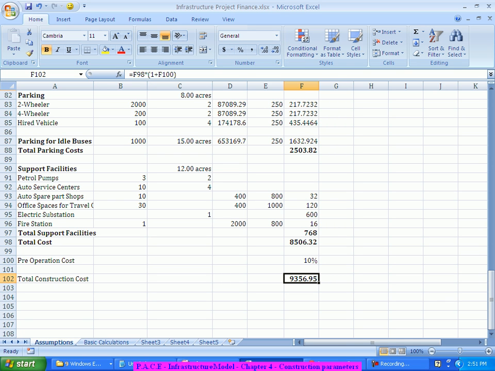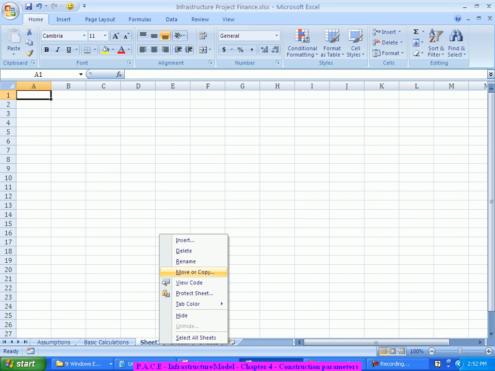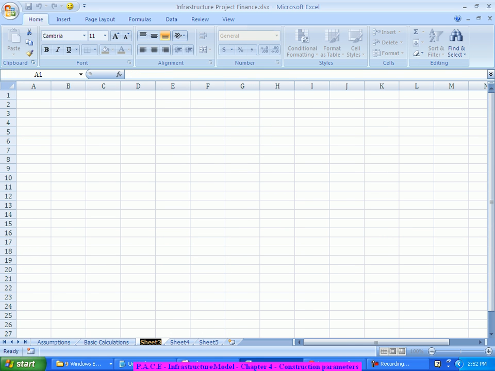So apart from the construction, if I have to finally arrive at my total project cost, I'll have to incorporate various other costs also into it. So that is where I'll create one more new sheet, which I'll call a financing sheet, more relating to the financing, probably interest during construction and all. I'll bring it into the financing sheet,